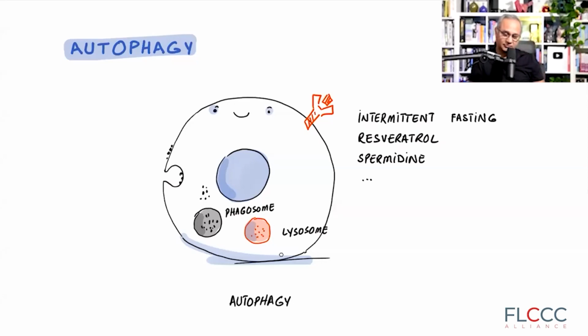The other mechanism is to request this cell to perform autophagy so that the spike protein can be destroyed and thrashed and trashed. And then pieces of that can be shown on the surface as well. And the immune system can become activated, correctly activated instead of overactivated, while we are clearing the trash out. So what do we do? We can do intermittent fasting. We can use resveratrol, or we can use spermidine. And there are a number of other therapeutics as well that can help with autophagy.